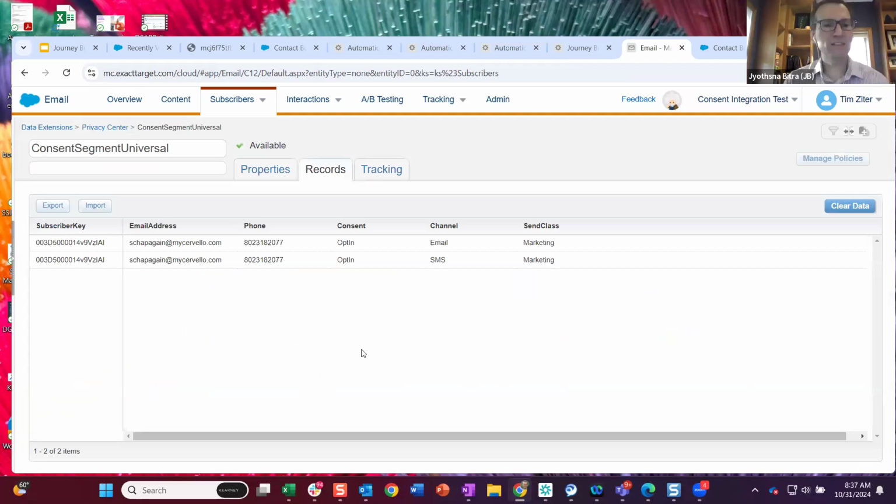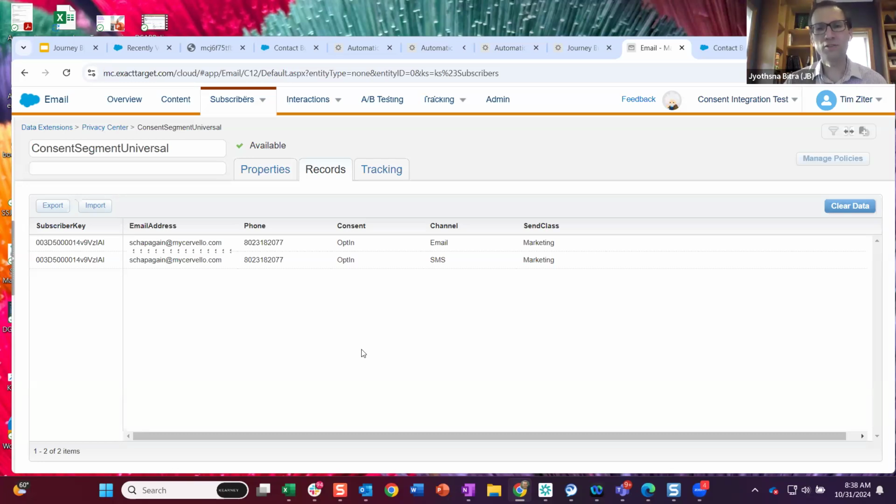So using Sandesh as an example, if we were building out our preference center in a little more detail, say we're capturing email consent and we're also capturing mobile phone consent as well. We would use an automation to query those consent objects and then populate rows in this data extension